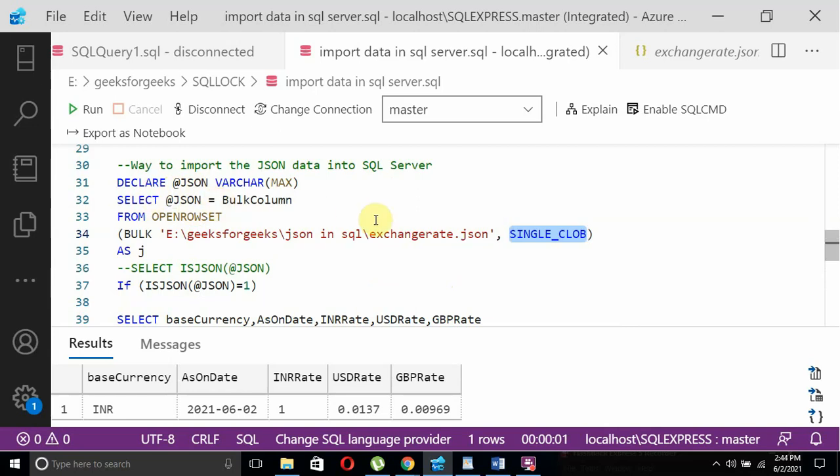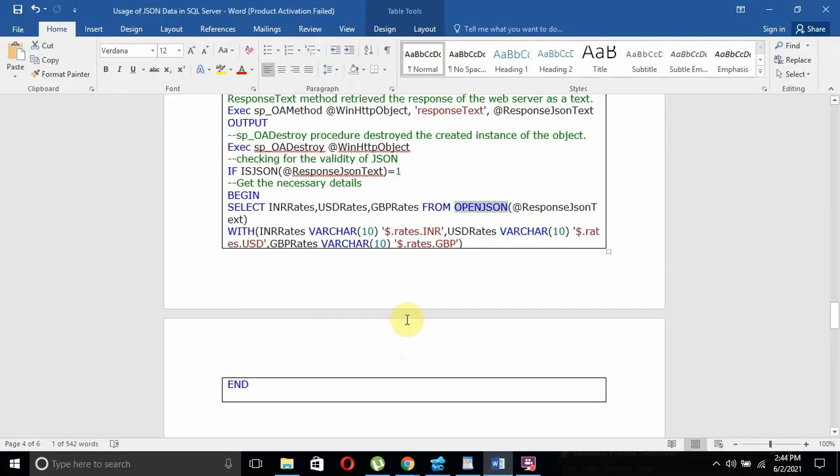That is the way to get the entire JSON as a single CLOB, though there is also a difference. If you want to store the JSON as varchar(max), you need to use SINGLE_CLOB.